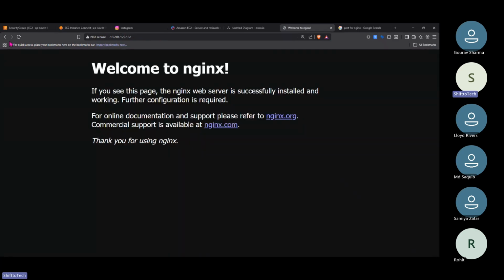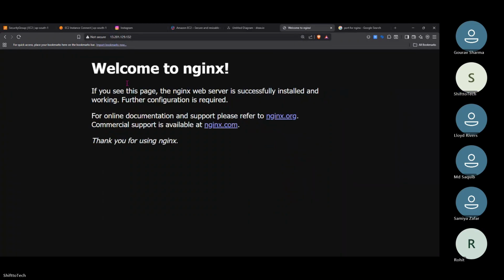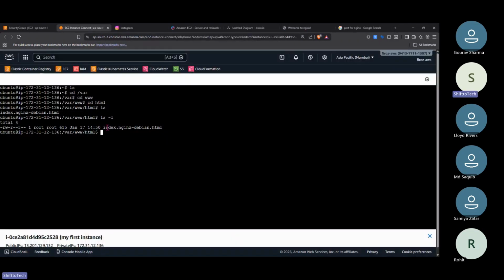Currently this Nginx is working, right? This is its code, so I have to edit it actually. So I have to use superuser sudo, right? Vim index dot html Debian.